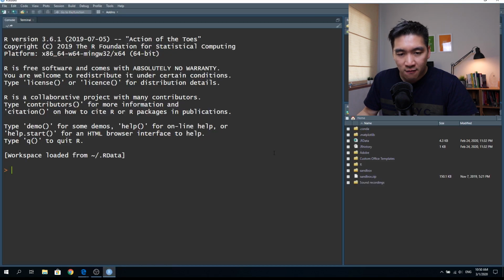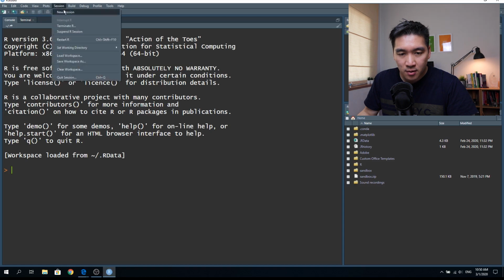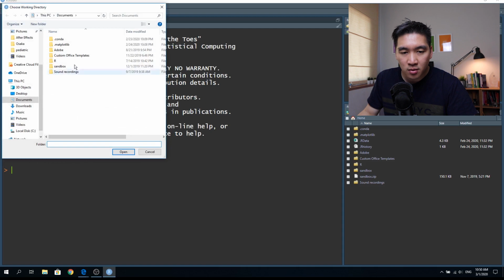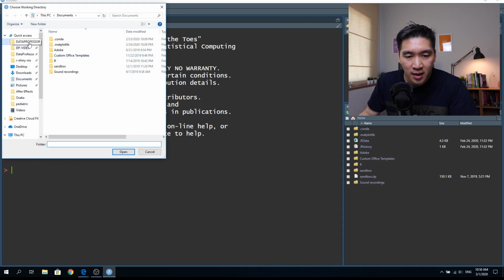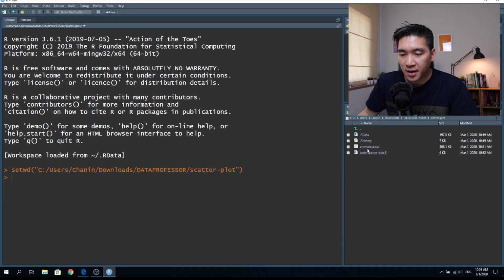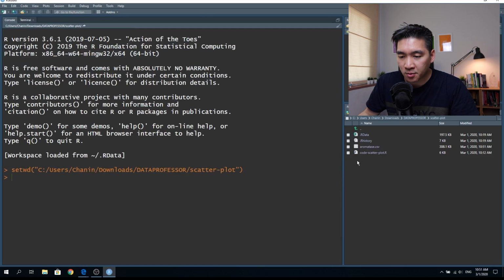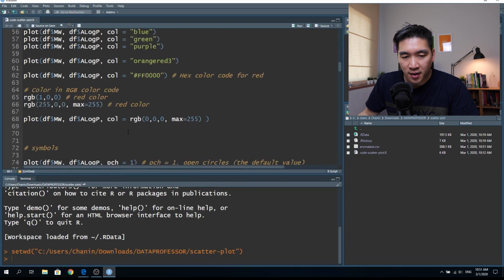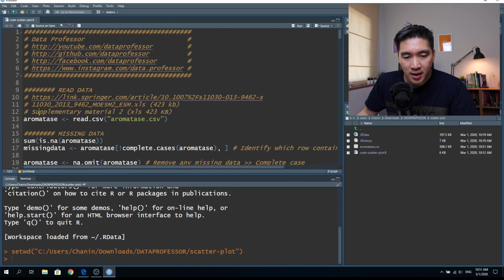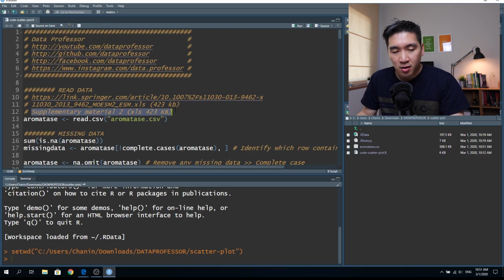Okay, so I have already downloaded onto my computer. So open up your RStudio and then set your working directory to where the files are located. So let's have a look at the input data set. So it is a comma separated value file here, which we will import in just a moment. So click on your code file, and the input data that we're going to use today is based on the